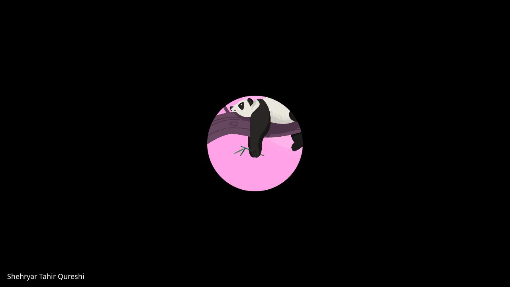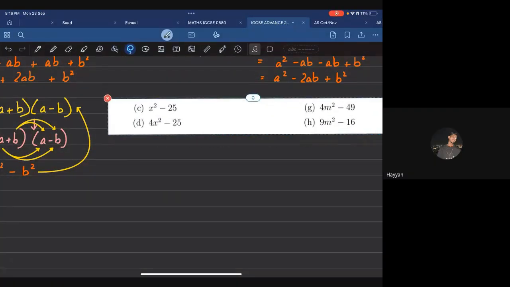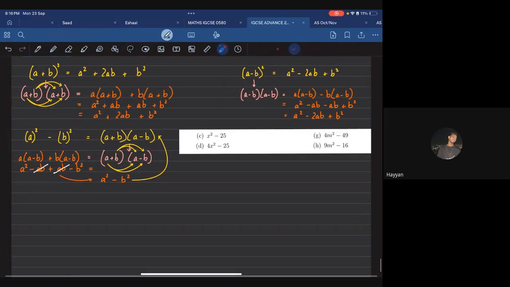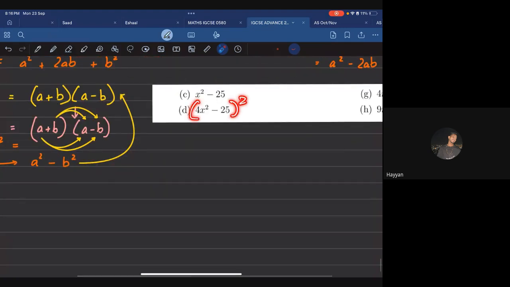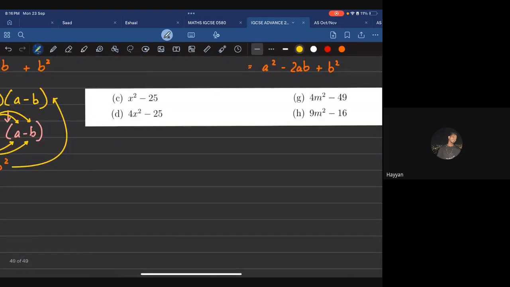Okay, these are the few questions that I've got. And just a subtle hint that they all are of the same factorization. I can now clearly see that they are linked with this type of factorization. They are not linked with this. Why? Because there is no whole square term at all throughout this entire scenario. So I'm going to solve part A, part C. Watch me closely so that you guys can be able to solve G, D, and H.